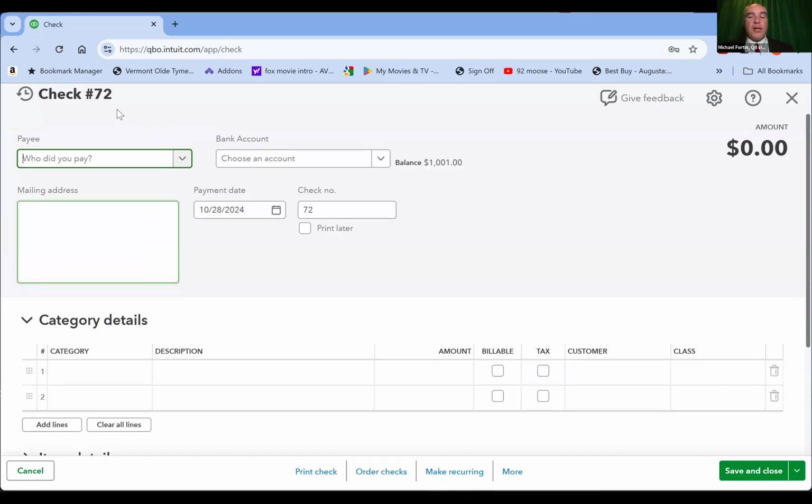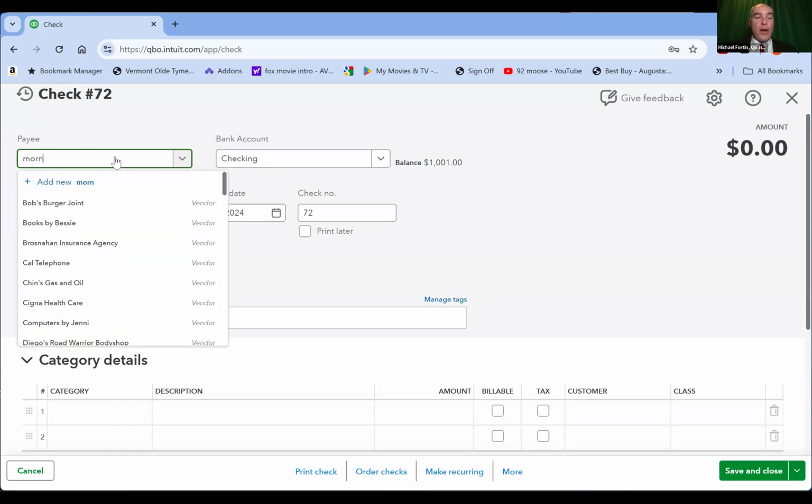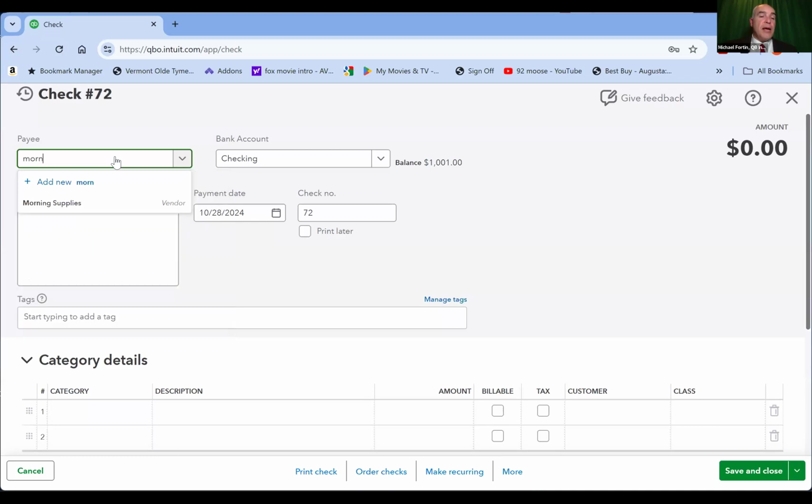All right, so here we have check number 72. The payee will enter in Morning Supplies, and as I start to type, that vendor will come up, so I'm going to select it. The bank account is going to be checking, the check number 72, and the date is today.